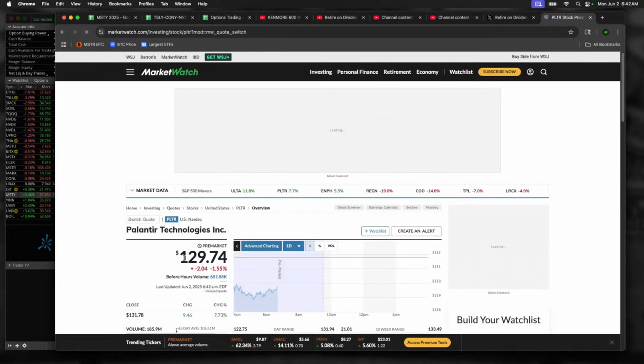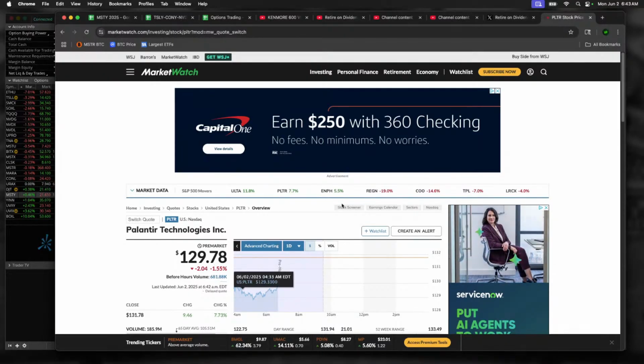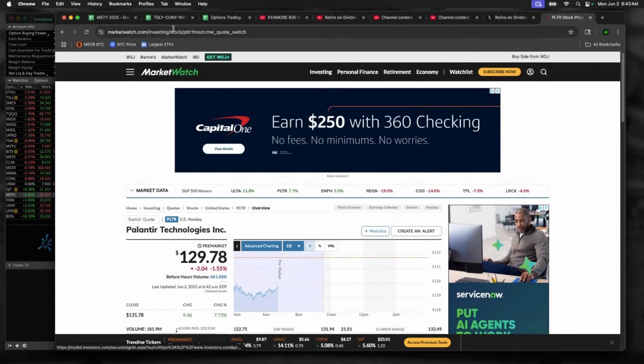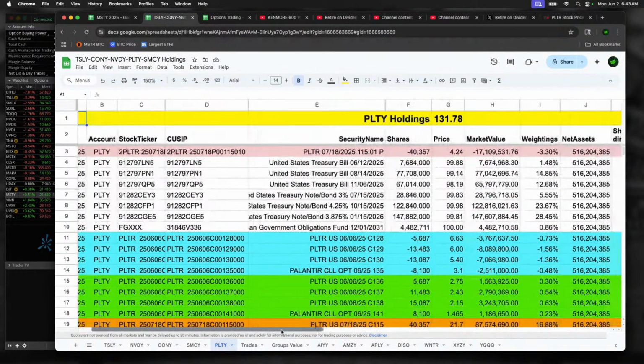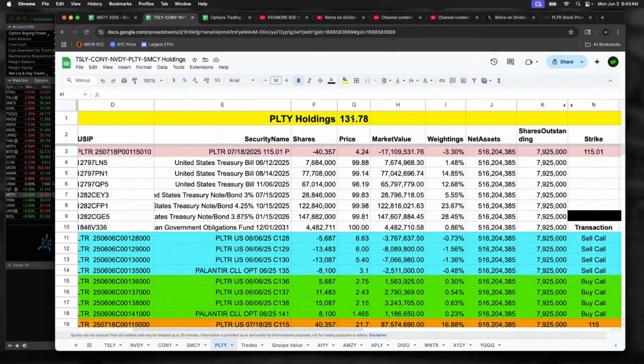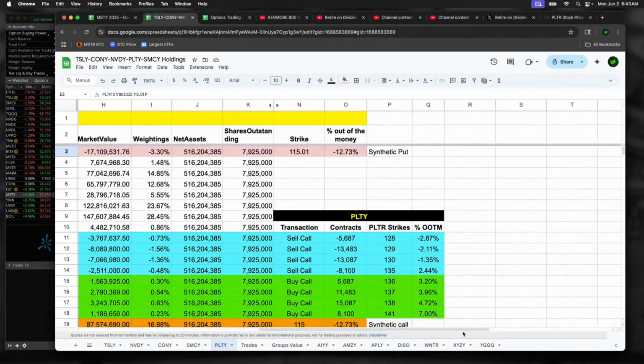Palantir, man. Here we go. They're down. Everything's down today. What's going on? It's down 1.55%, 129.78. Again, this is pre-market though. At the open, we could open green, right? Green, baby, let's go. All right, Palantir is at what? 131.78. Well, that was a close, right? Pre-market's down a little, and their synthetic is at 115. Their synthetic is looking pretty good. No gold digger in sight here. They're selling calls, but they're